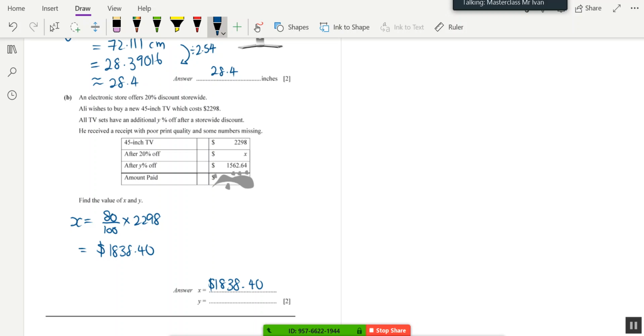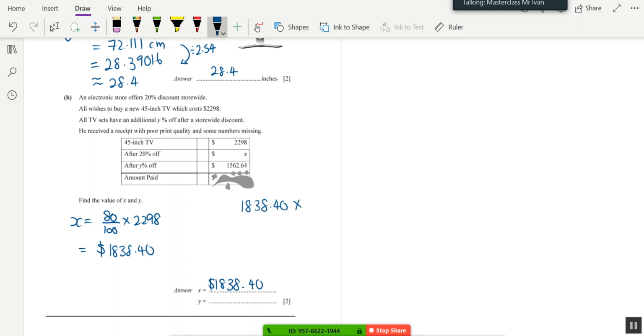After Y% off, it becomes 1562.64, or rather after 20% off, after Y% off, the total amount paid is 1562.64. Yeah, so that's the amount that you need to pay. Okay. So basically, what is the working? The working is this: